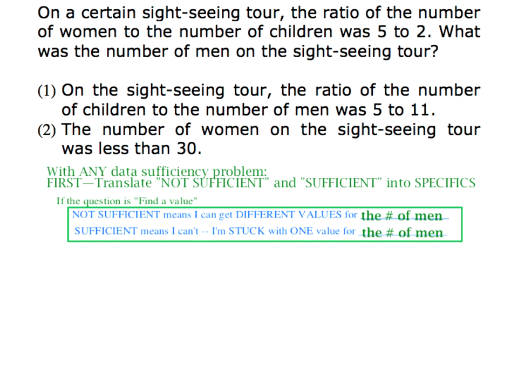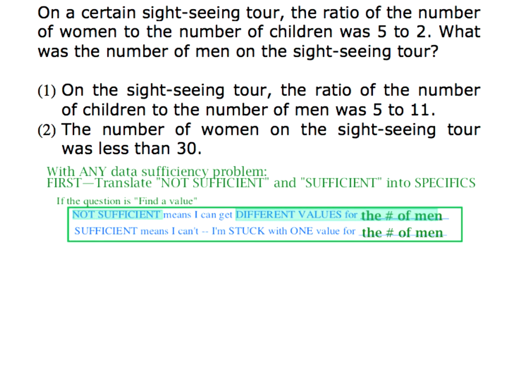So that's the strategy in the vast majority of data sufficiency problems. Your goal is actually to try to get 2 different things to happen here. So in this case, not sufficient. So we're trying for, if we can get different values, then we're good. So the ratio of the number of children to the number of men. So we know that women to children is 5 to 2. Statement 1,